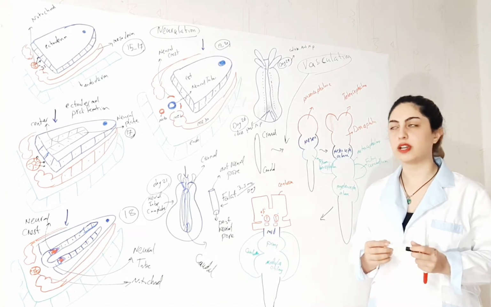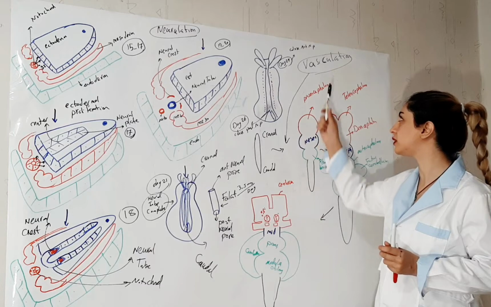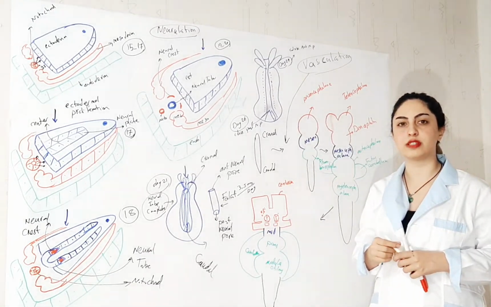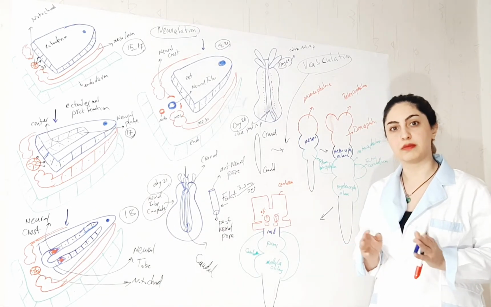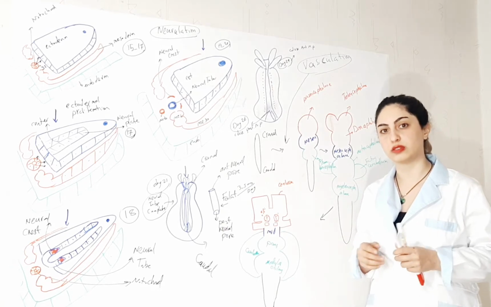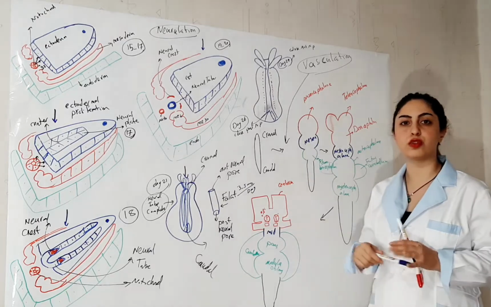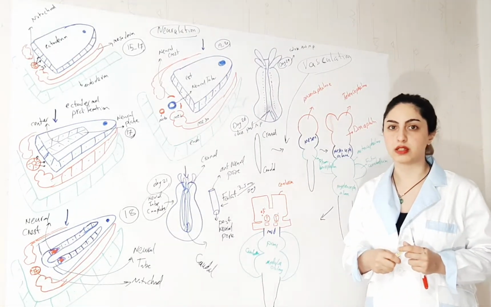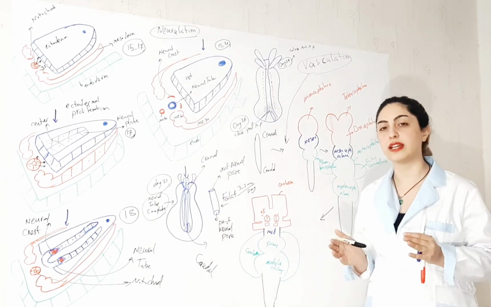Hello everybody, today I want to talk about the process of neurulation and also vesiculation. I'm going to talk about the changes of the ectoderm in embryology in order to make the neural tube, and after the neural tube, to become the spinal cord, and also to form the cerebral hemisphere, diencephalon, midbrain, medulla oblongata. And how these changes happen: the neurulation, and after that the